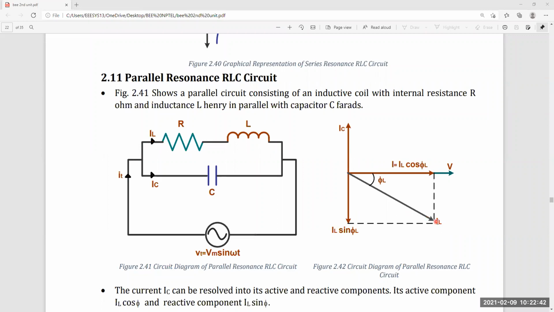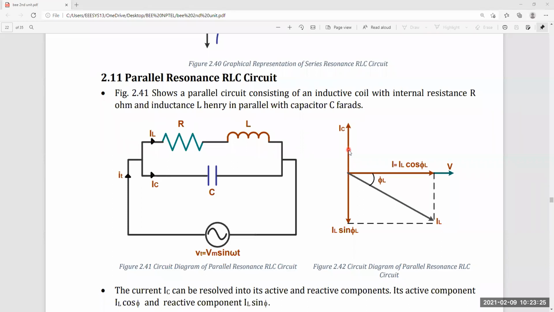The resultant current IL is nothing but this current and this current. Across the inductor, current lags the voltage by 90 degrees. This is the voltage, and this is the current flowing through the inductor. It lags the voltage by 90 degrees ideally. Because of the R and L effect, there is some angle between voltage and current, and that is IL. This is the resultant current flowing through R and L. You know well, for an RL circuit, this is the phasor diagram, V and IL. Because of the capacitor, we will get another component called IC.